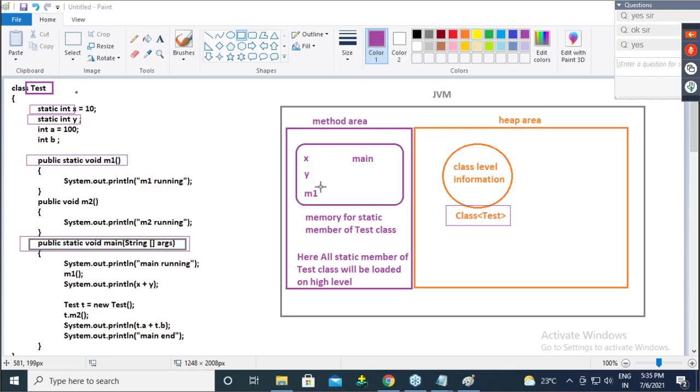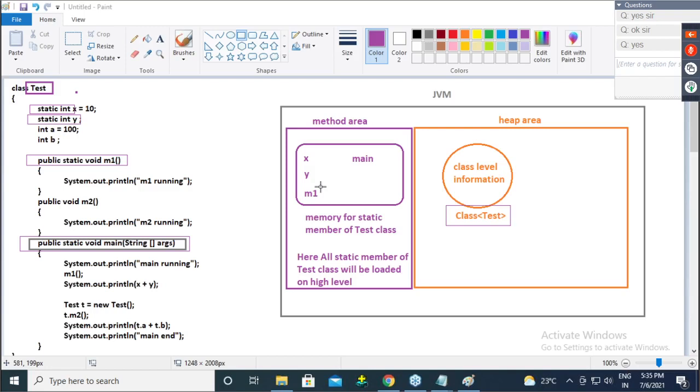See, guys, anyone will tell you static members load only once. But why do static members load only once? Because, guys, for one class, only one class type of object is allowed. Is it clear? For one class, only one class type of object is allowed.